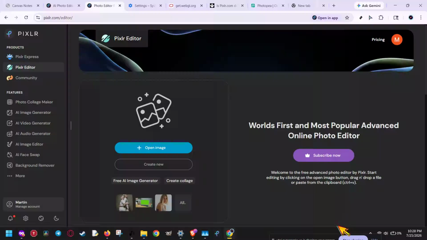If you're seeing a Pixlr internal server error, don't panic. In this video, I'm going to show you a few quick fixes that usually solve the problem fast, especially if the issue is caused by your browser, cookies, cache, or an extension. This is a simple troubleshooting guide, and by the end, you'll know exactly how to isolate the cause and get